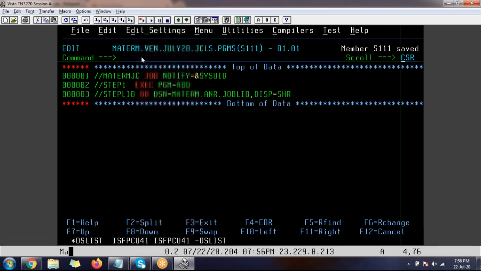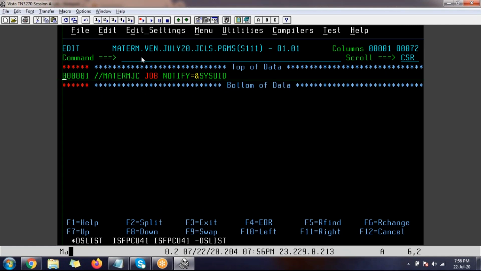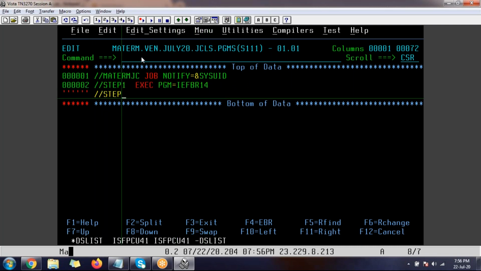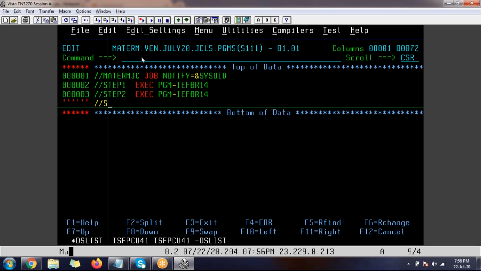Now we understood all of them. Let me show you the return code. Step 1: EXEC PGM=IEFBR14. Step 2: EXEC PGM=IEFBR14. Step 3: EXEC PGM=IEFBR14. Team, I'm using IEFBR14 as a dummy utility